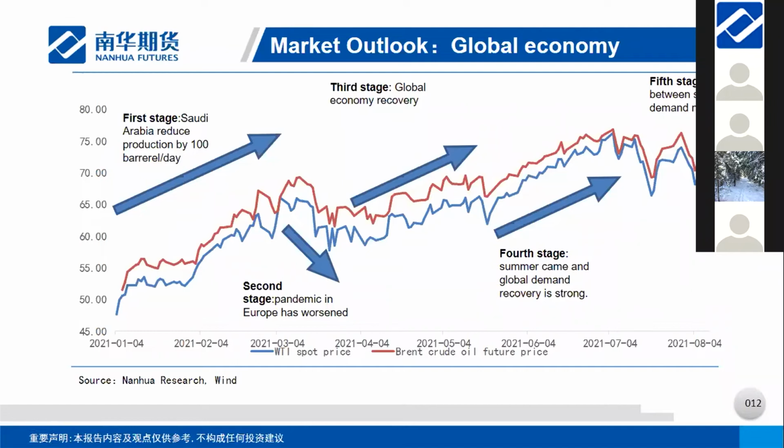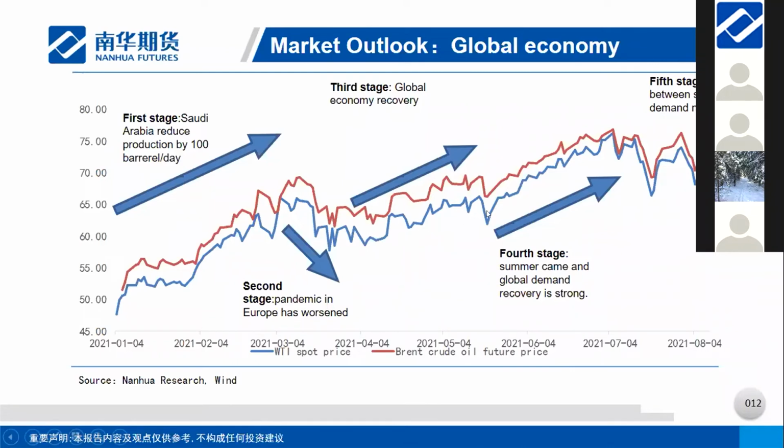So global demand recovered rapidly in this stage, and oil price fluctuated with an upward trend. WTI crude oil rose from about $58 to about $68, and Brent crude oil price rose from about $60